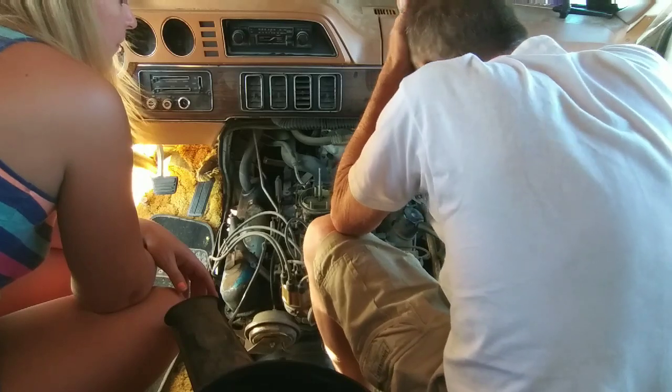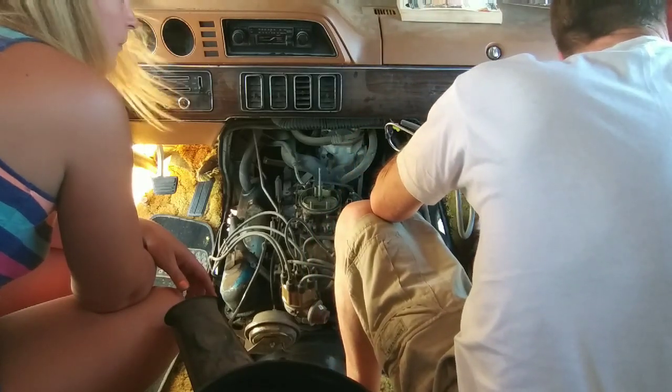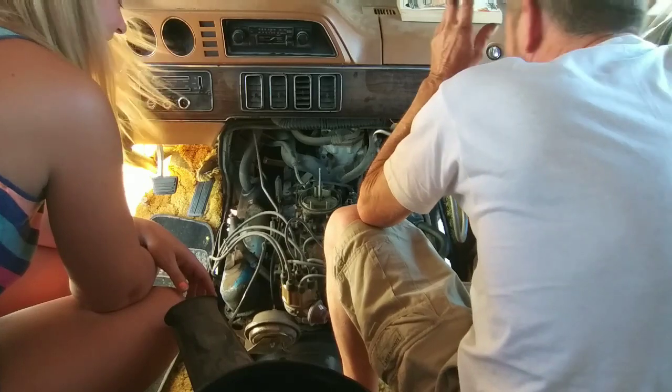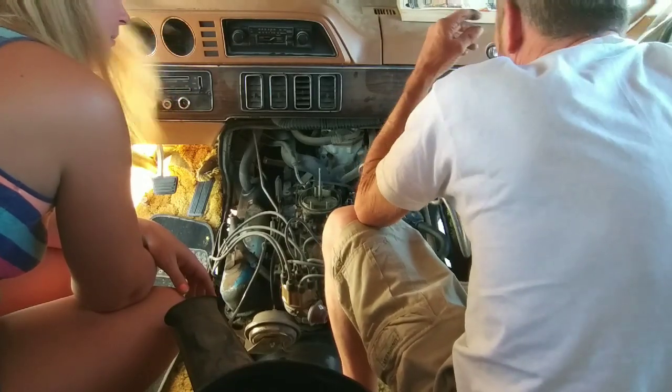I wish that stupid torch didn't have that frickin' igniter built right into it. I wonder if there's some way I could denut that igniter so it doesn't ignite. Because basically what I want is just a good stream of propane coming out of that thing, and if you pull the trigger too far, you get...